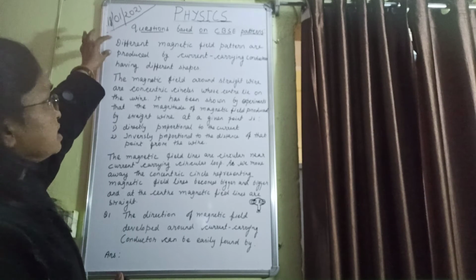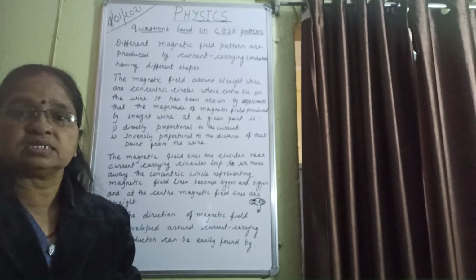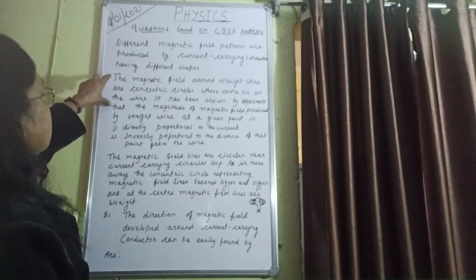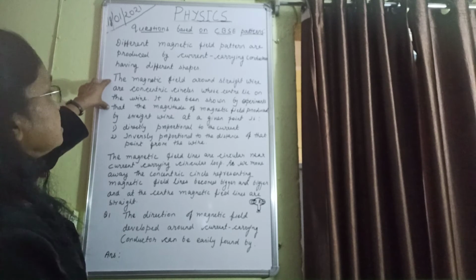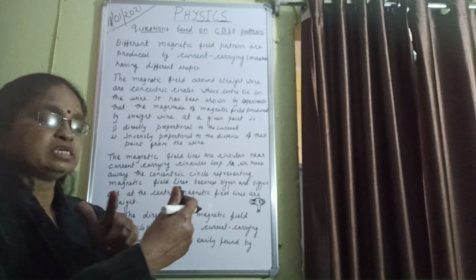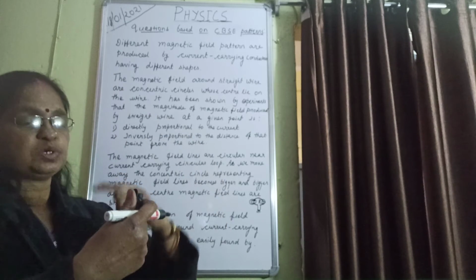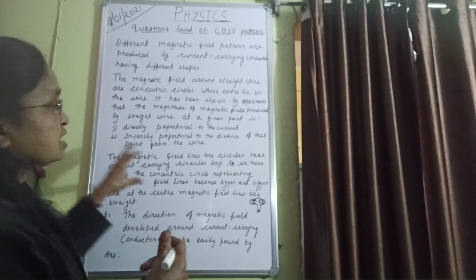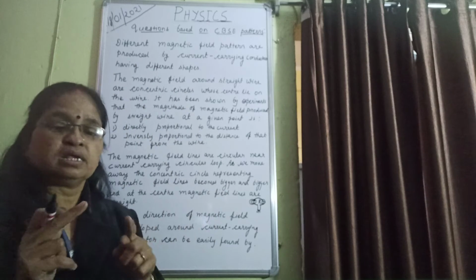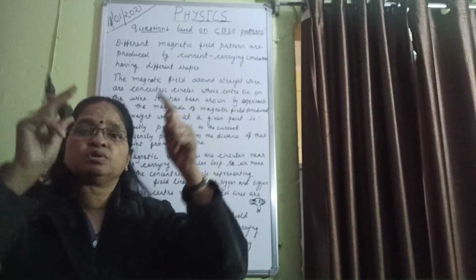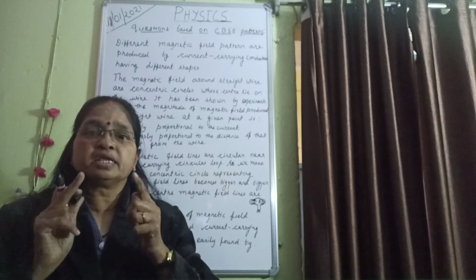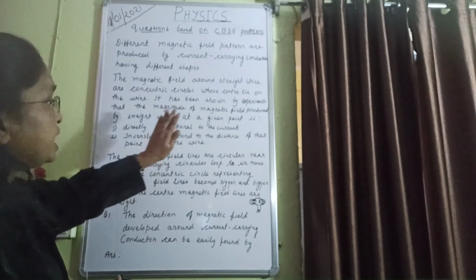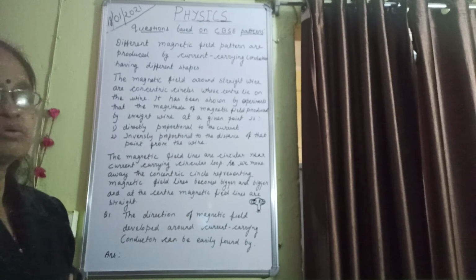The first 3 lines say that whenever a current carrying conductor is there, magnetic field lines are produced around it. Again, the next lines say that whenever the wire is straight, the magnetic field is produced in the form of concentric circles. Again, the next point says that if it is in the form of a circular wire, the magnetic field lines are produced circular around this circular wire, and in between it is straight. So based on this, let us see the questions.